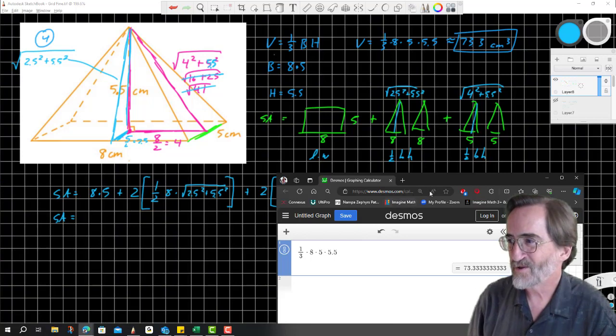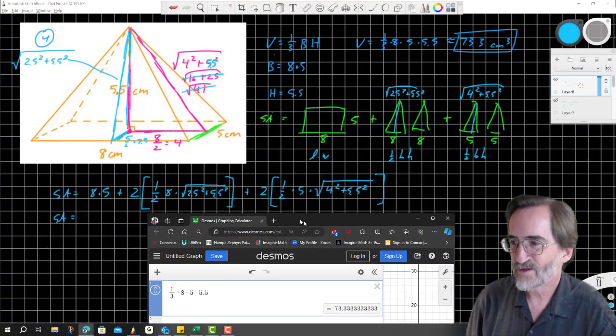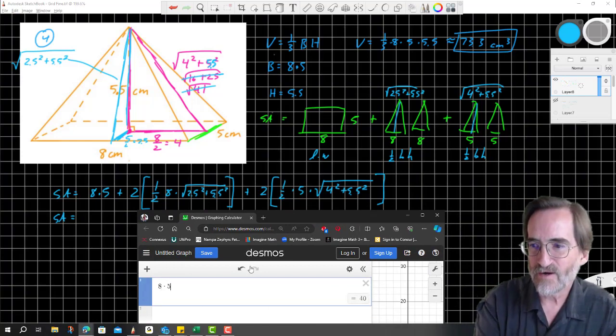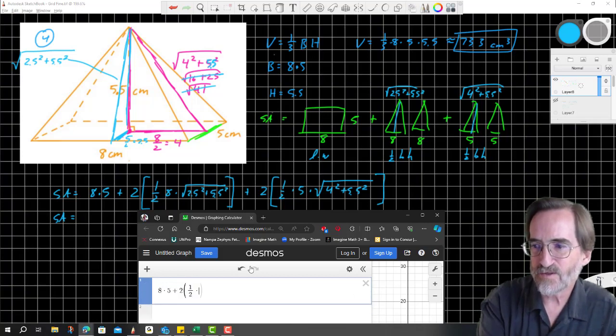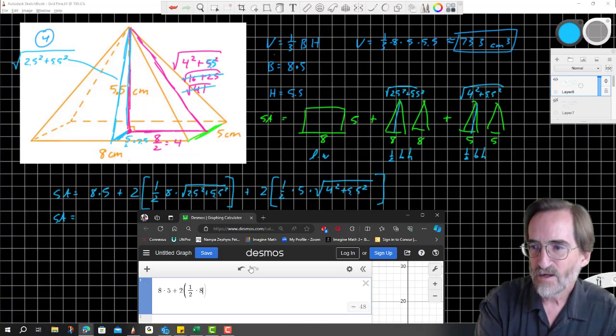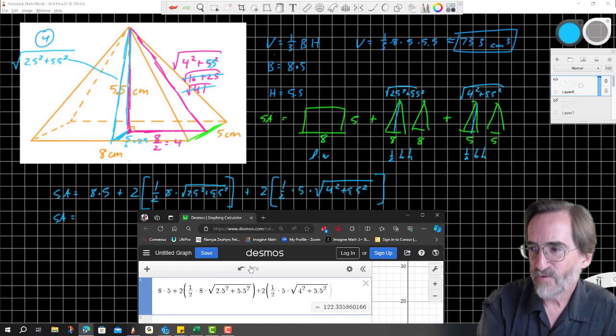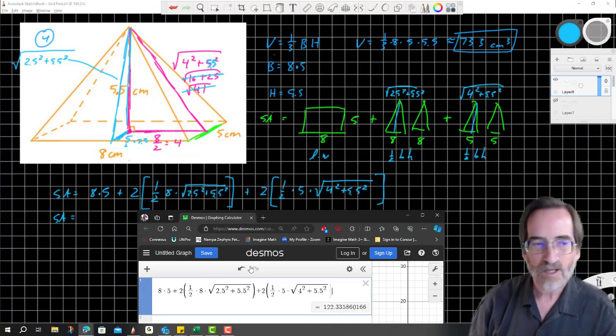All right, let's see what it looks like on the calculator here. See if we can enter this. All right. So 8 times 5 plus 2 times 1/2. Go ahead and get out from under the 2. 2 times 8 times the square root of 2.5 squared plus 5.5 squared. Get out from the parentheses there with the arrow key, plus 2 parentheses times 1/2, get out from the parentheses, times 5 times the square root of 4 squared plus 5.5 squared. Okay, and our answer is